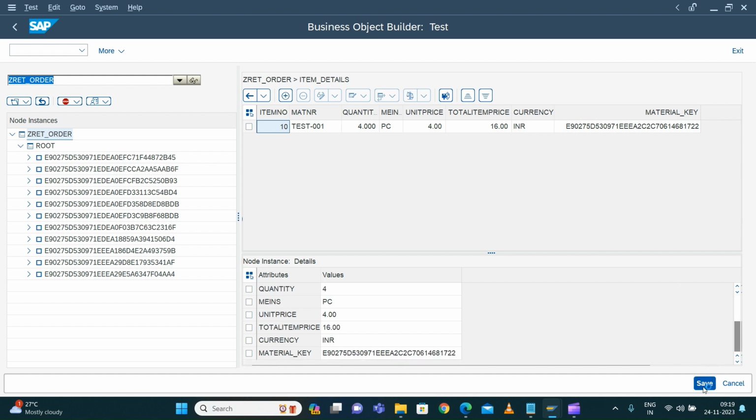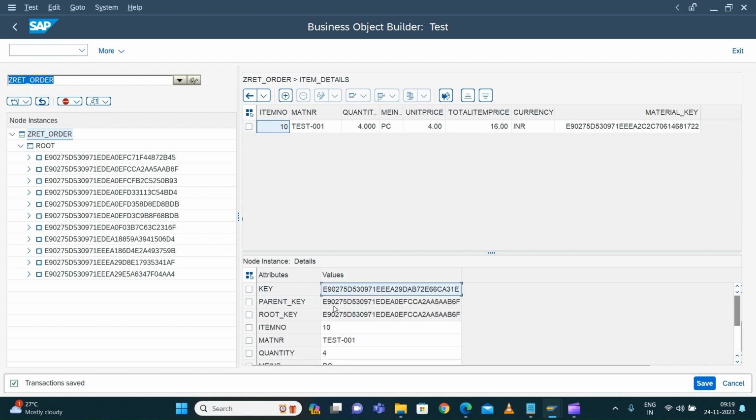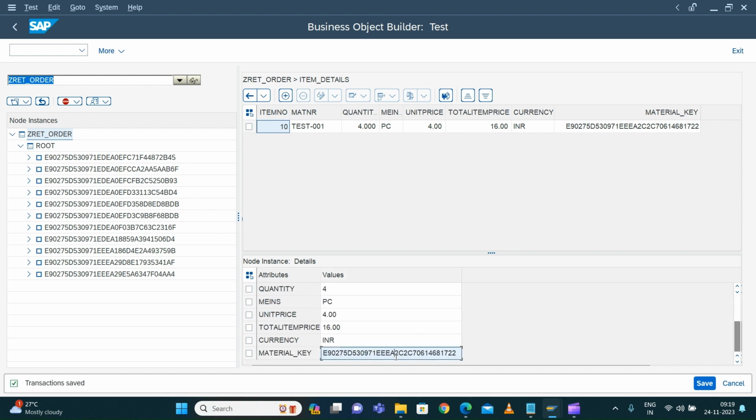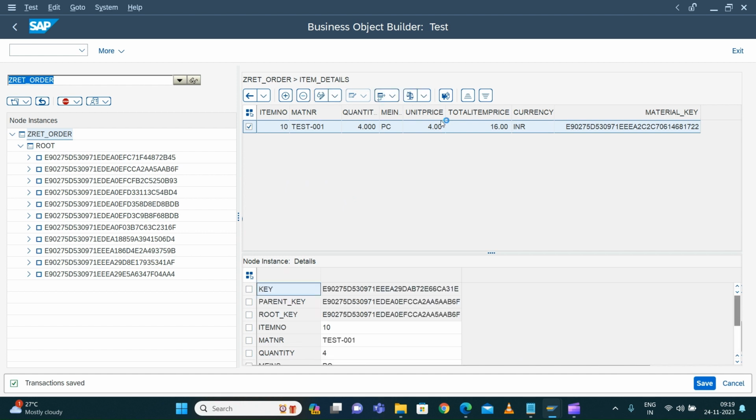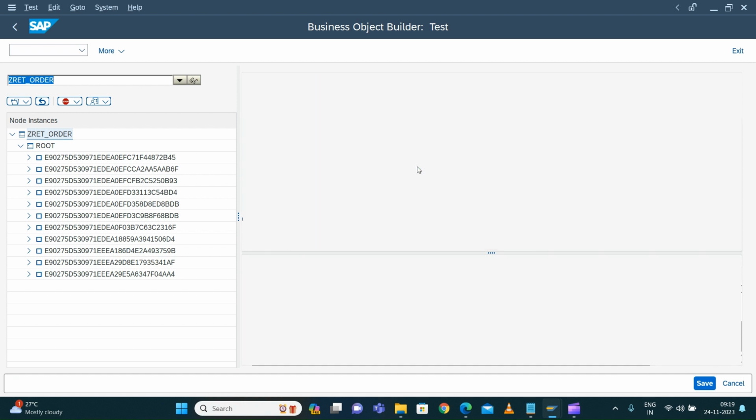Yes, press save. Now these particular item details are associated to my product business object. This key is being stored, and this is my current instance key. This is the source key of my association, and this is the target key of my association to resolve it. That's the way we implemented the logic. Let's try to navigate to the product business object. We have PO product. If you open it,